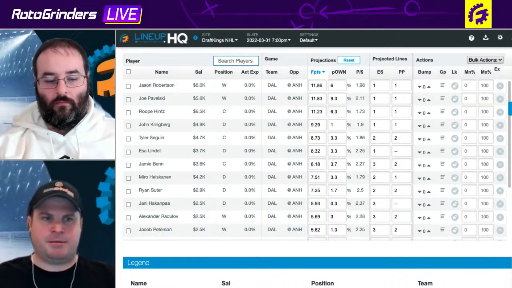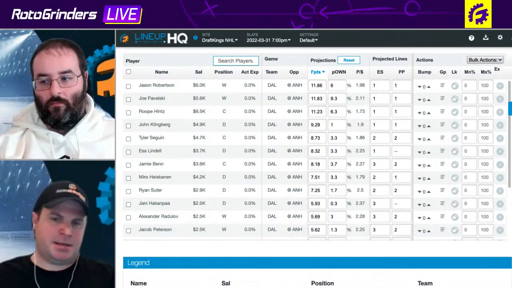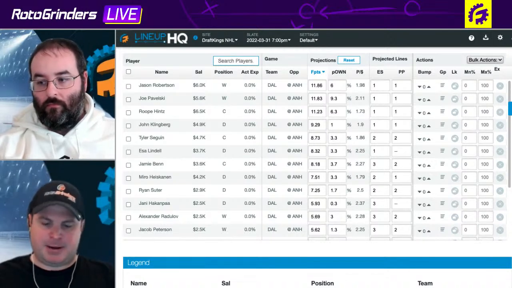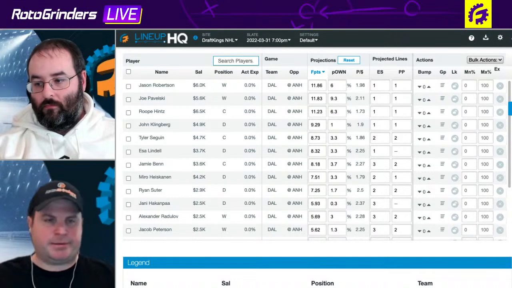Obviously, they're able to take care of business. But if anything, it would be that top line for Dallas. But I'm just seeing a way that the Ducks come out and get a win here, because it's been